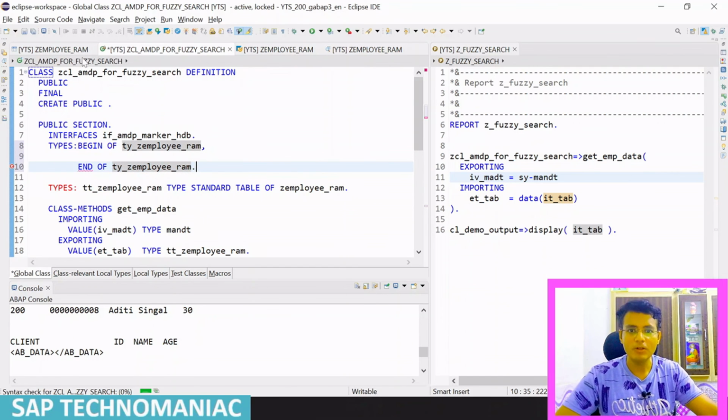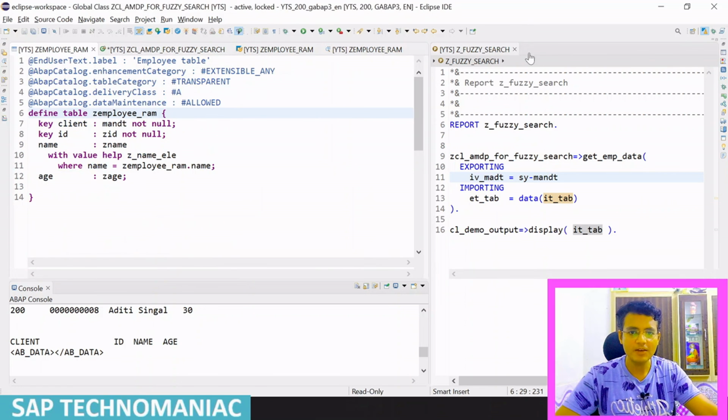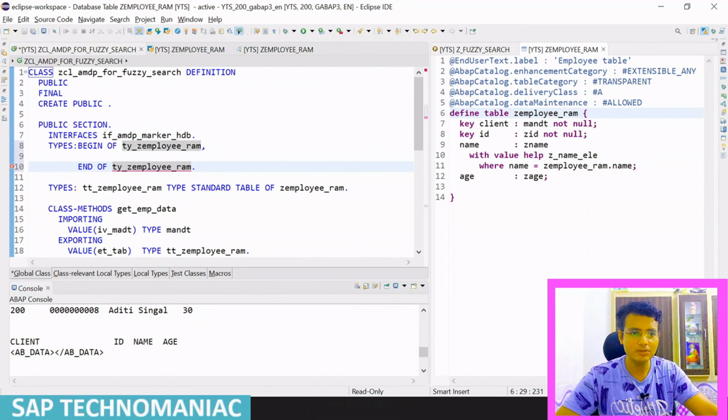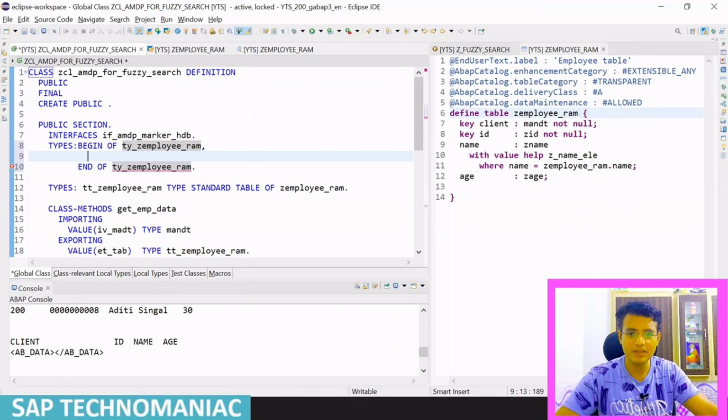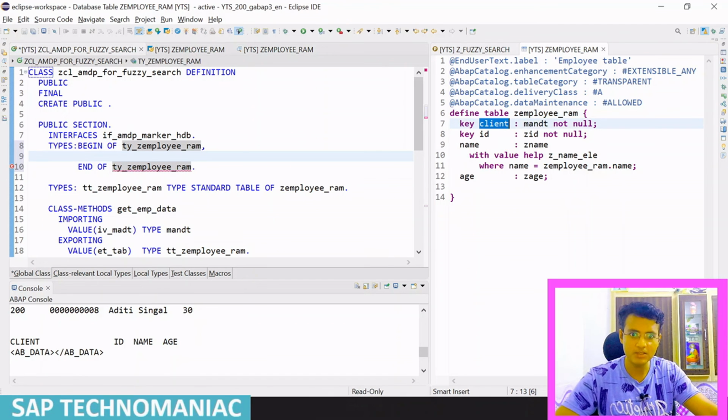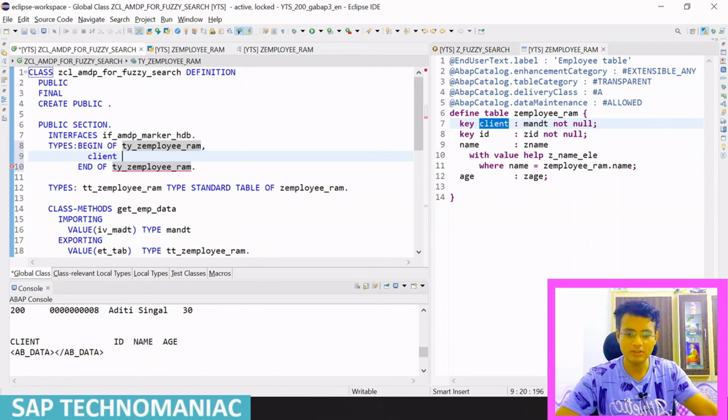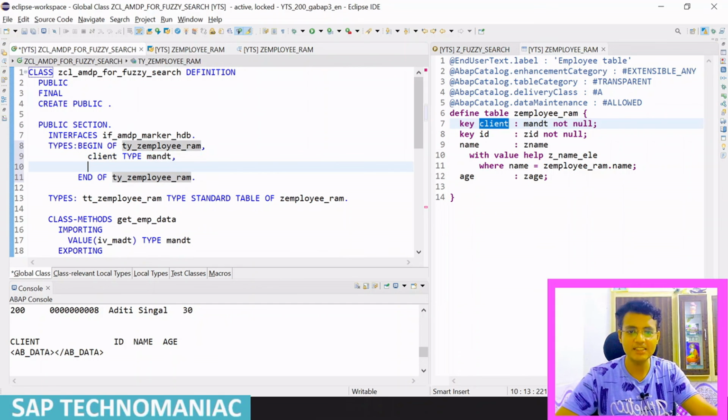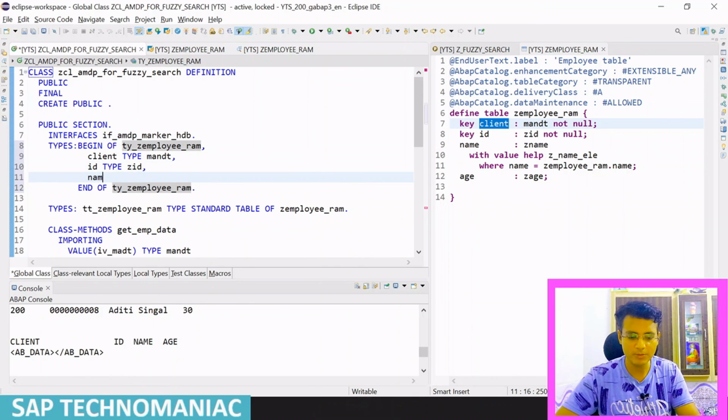Let me declare all the fields of the Z employee. For that, I want to see what all the fields are. So one is client. Let me copy this one, Control C, Control V. That should be type of mandate MNDT, ID should be type of GID, and the next field is the name, should be type of ZName,